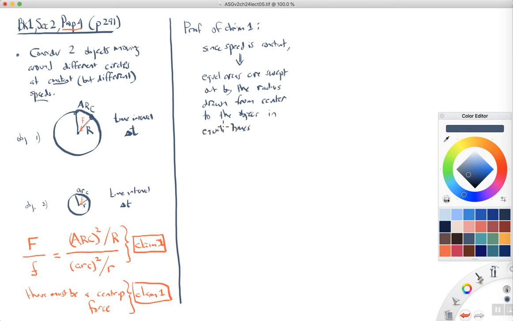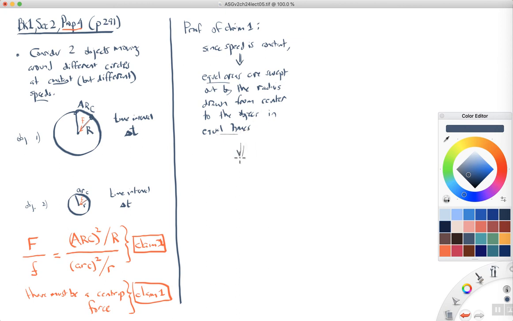After all, if during the first second it sweeps out a certain area, during the second second it's going to sweep out the same area, during the third second the same area, during the fourth second the same area, and that's all because it's moving at a constant speed. Okay? So equal areas are swept out in equal times,